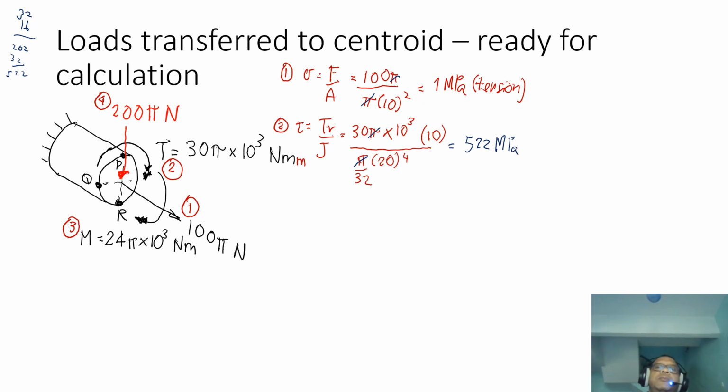So again, 92 divided by 16. Yeah, so 522 megapascal, or 52.2. Am I right? Okay, so the third one is,